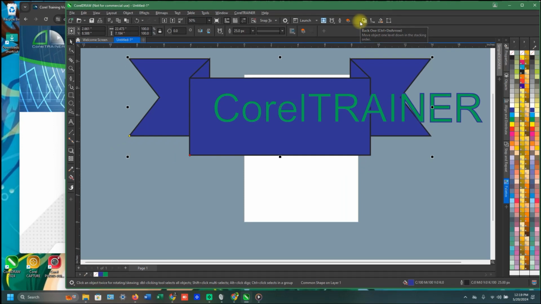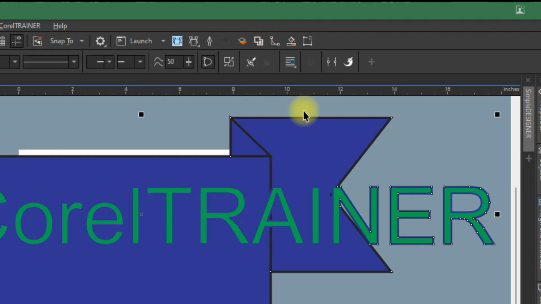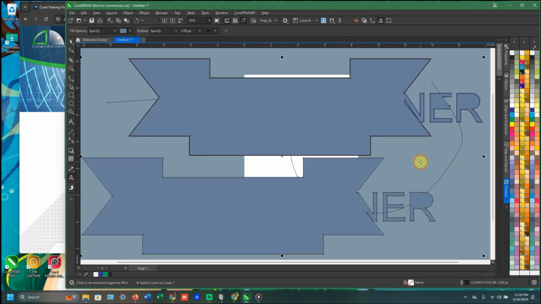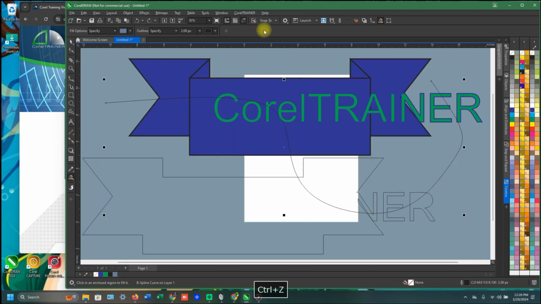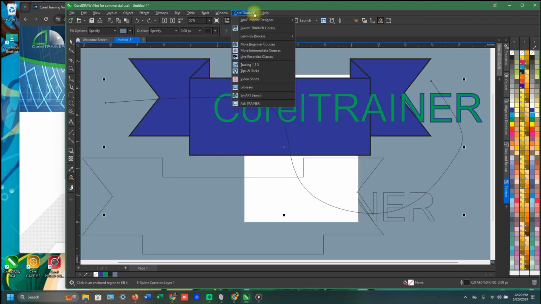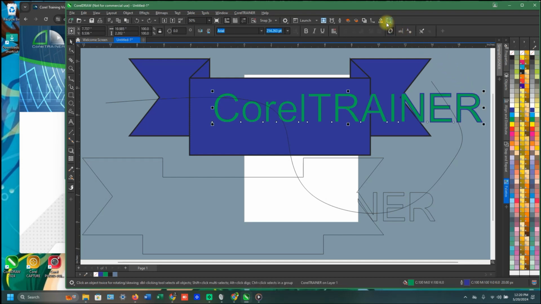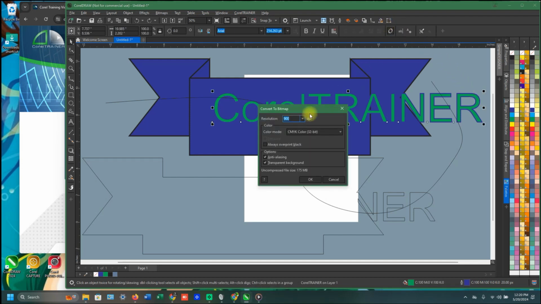The next three shortcut buttons that your Trainer adds to the top of your Corel are Create Boundary to wrap the selected area with a new vector container, the B-Spline tool, one of my favorite manual drawing tools, and the Smart Fill tool, used simply to fill any void area with a new vector object. These three are highly underutilized tools with huge potential. Search Trainer for their shorts videos to learn more about them. The last shortcut button is the Convert to Bitmap button. You'll be surprised how often converting something to a pixelated graphic while controlling its resolution and color mode will help